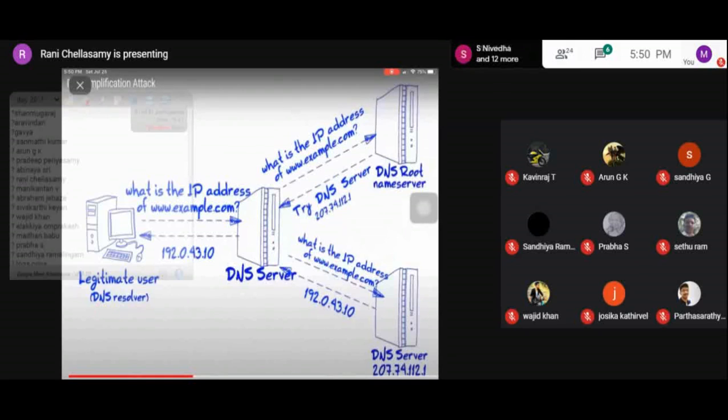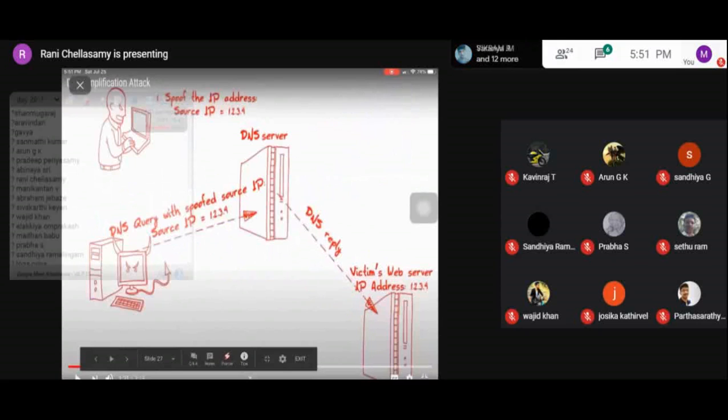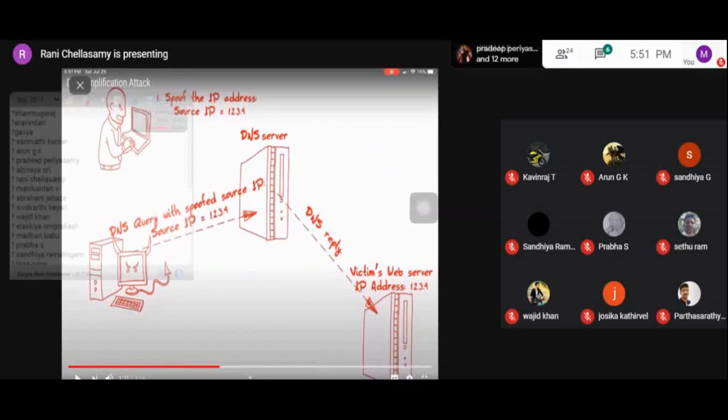Now, let's get into how the DNS gets affected, or how it is attacked with amplification. That attack is called DNS amplification attack. Okay, we'll see that. So what will this attacker do? In order to launch this DNS amplification attack, first the attacker performs two main malicious tasks.